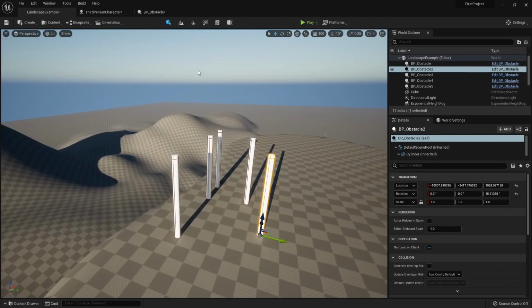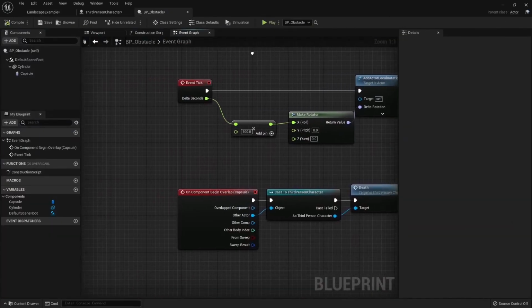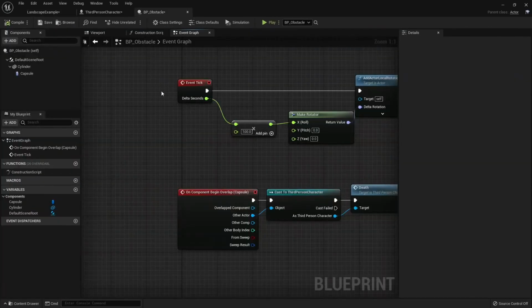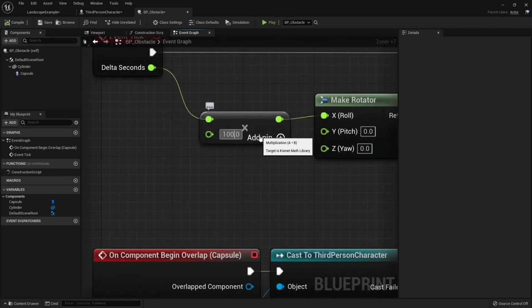And if I go back into BP underscore obstacle, I want a way to be able to control this amount right here, which is our spin amount, within my details panel of this obstacle. And we first need to make a variable which will contain this amount. So you can think of variables as basically containers of data. So we're going to make a variable that contains this number right here. And this number is a float. The reason why it is a float is because we are going by decimals. If it was just 100 by itself, then we would be using an integer, but because we want the decimal,